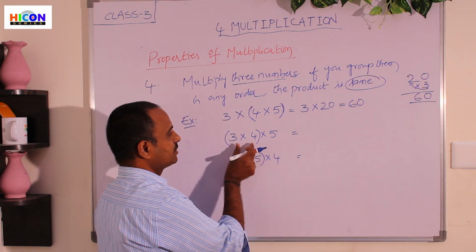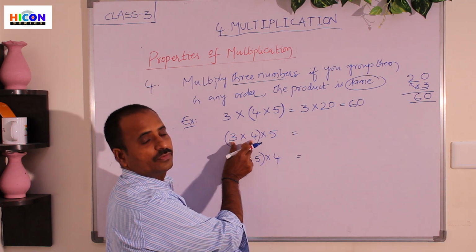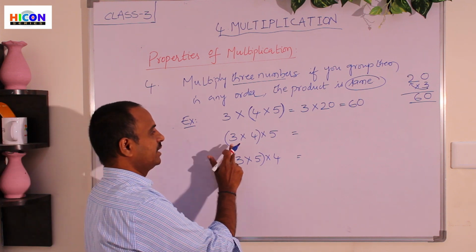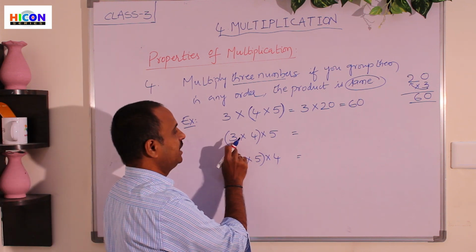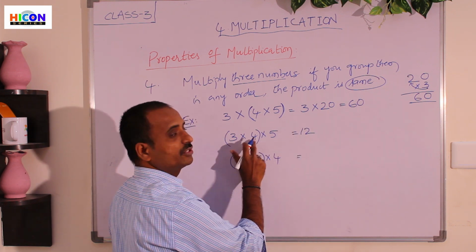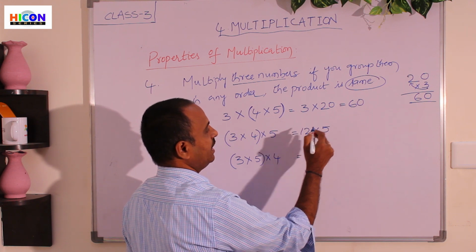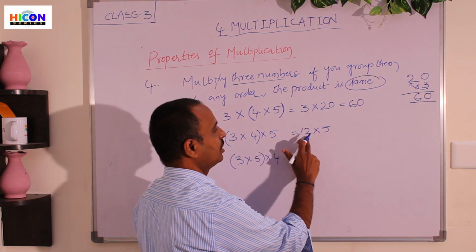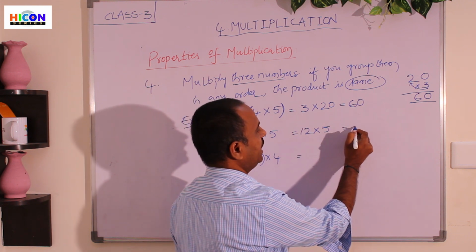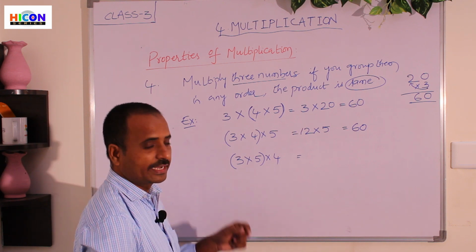So children, let us do the multiplication of the grouped numbers. We have to multiply the numbers which are grouped first. So now here 3 and 4 are grouped. So multiply 3 and 4. 3 fours are, children, how much? 12. 3 fours are 12. And into, write the third number as it is. Now children, 12 fives are, this is the 12th table. 12 fives are how much? Again 60. See the third case.